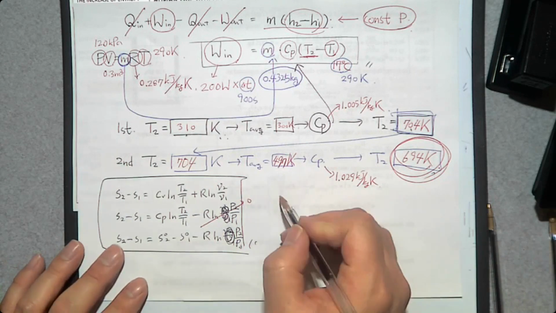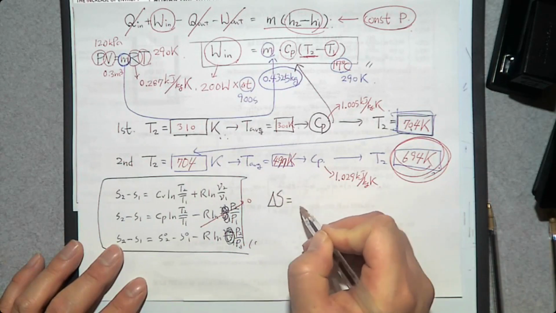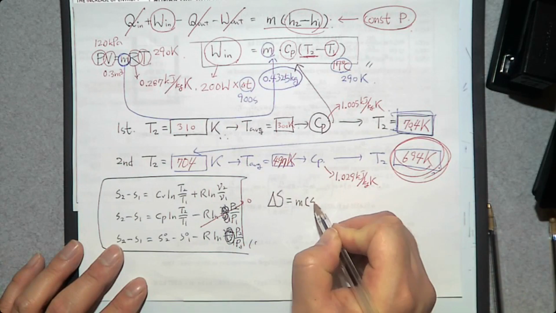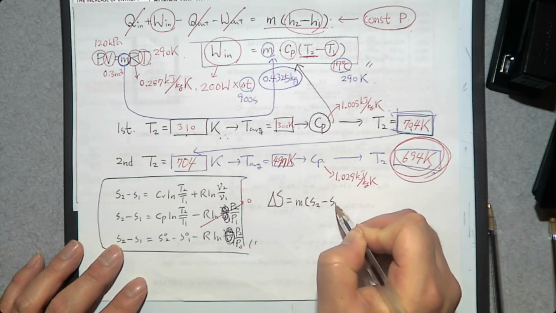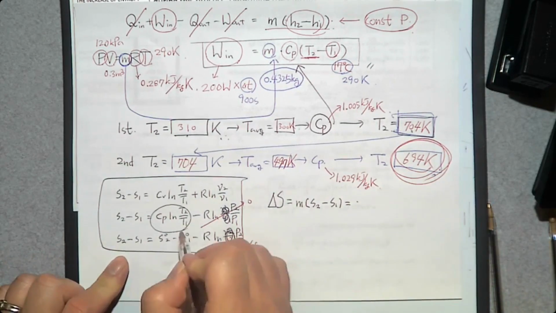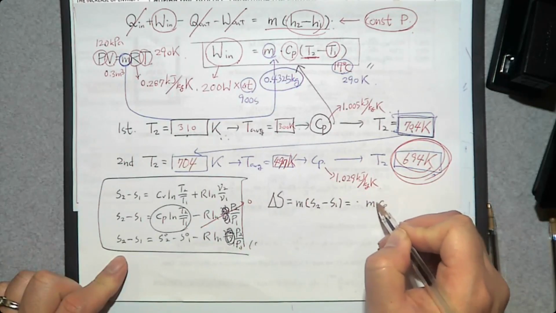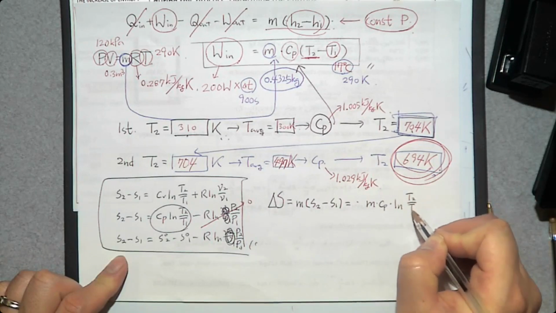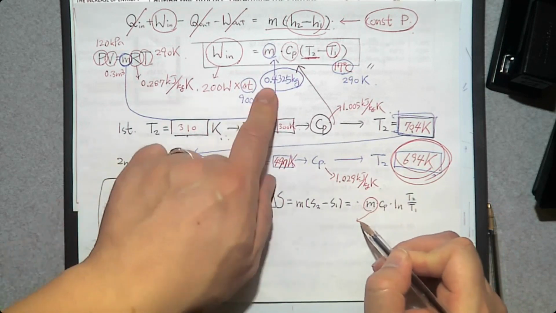Then let's calculate the change of entropy of the air. How can we do that? Mass of the air times specific entropy at the final state minus specific entropy at the initial state. Then this can be determined by this equation, mass times specific heat, Cp times natural log T2 over T1. What is mass? Mass is this one,